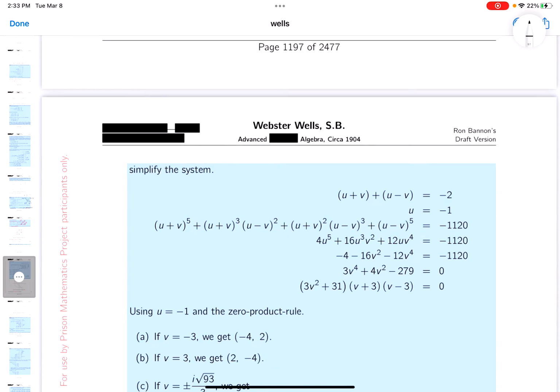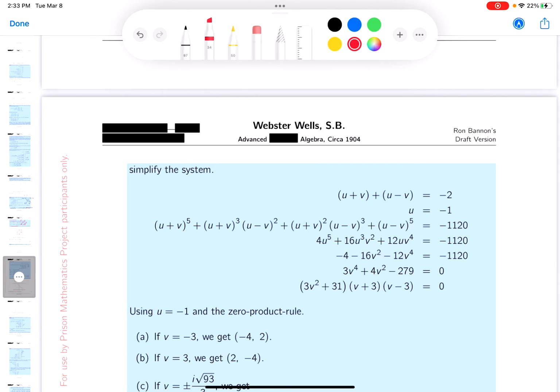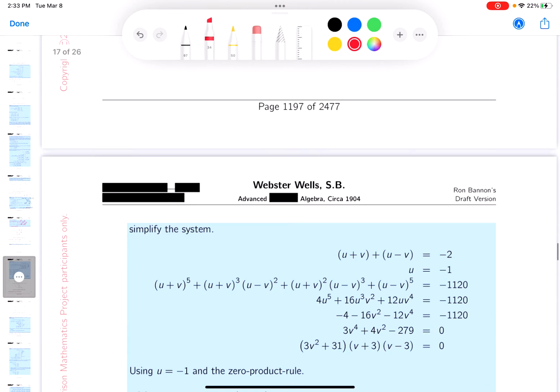So in the first equation, when you plug it in, remind you the first equation is x plus y. So we have u plus v, u minus v. Add those together. You're going to get 2u equals minus 2, so that means u equals minus 1, right? Then what you're going to do,